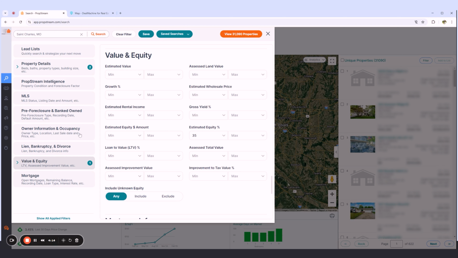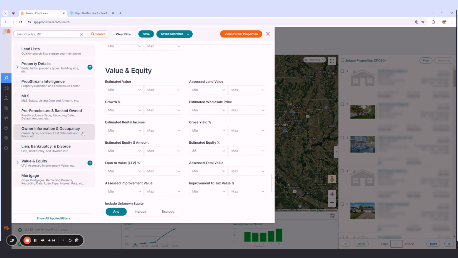So now we're going to get to the absentee part. Absentee simply means they own the house, but they don't live there. So owner occupied, we're going to flip to no. As you can see, that drops our numbers quite a bit. We're down to about 5,400 folks. Now, what we want to do from here is go into this ownership type section. We're going to focus on the places that are owned by individuals or trusts. That knocks it down to